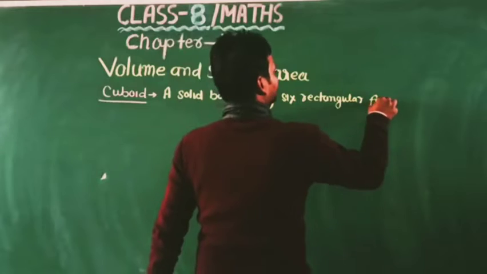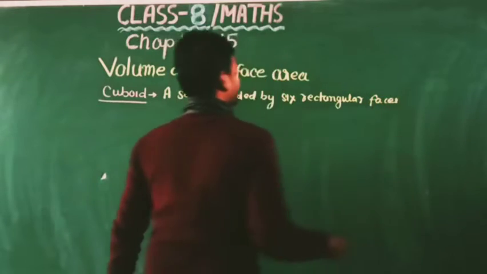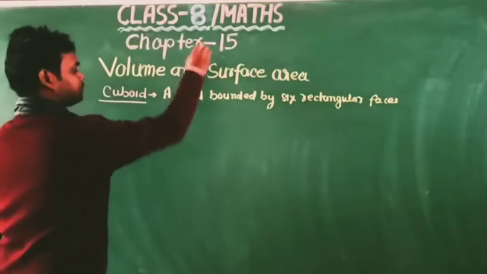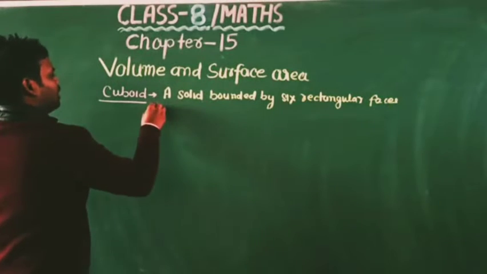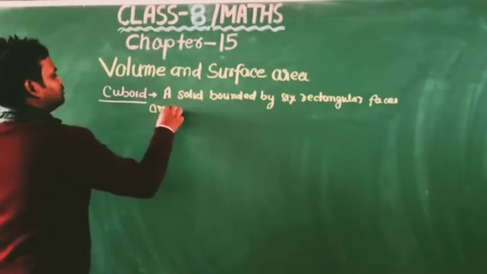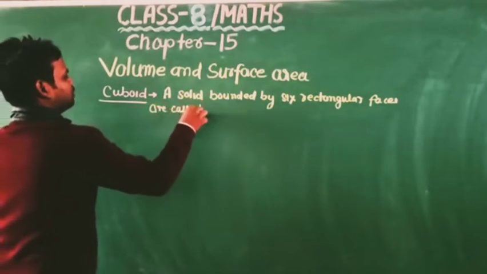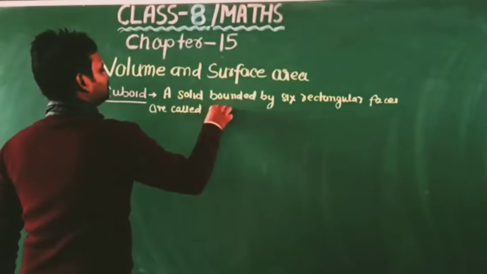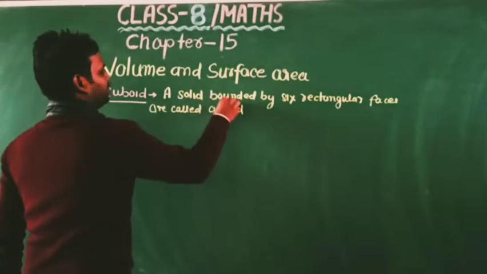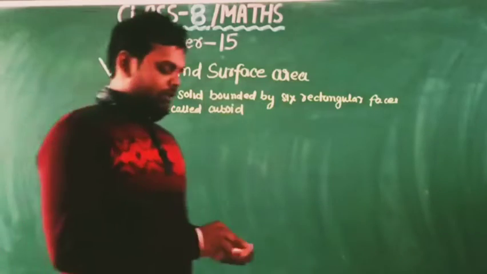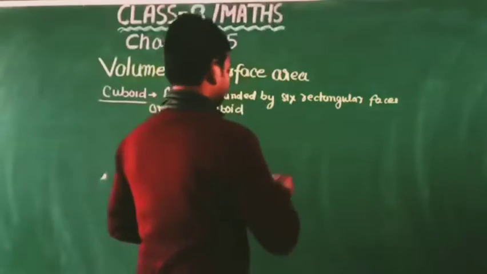A solid bounded by 6 rectangular faces is called a cuboid. Okay, the figure of the cuboid is